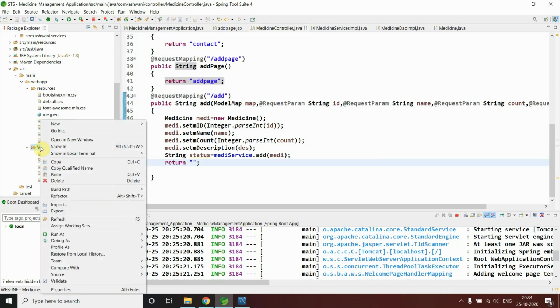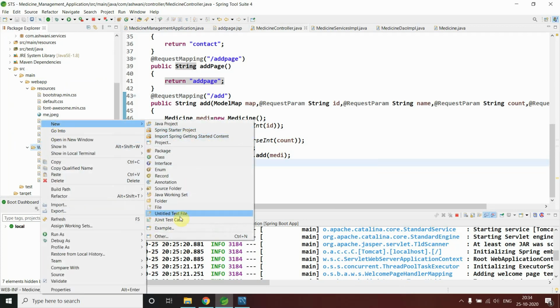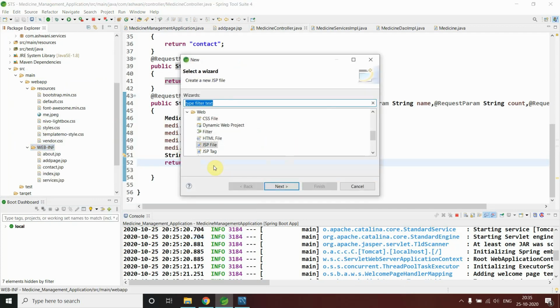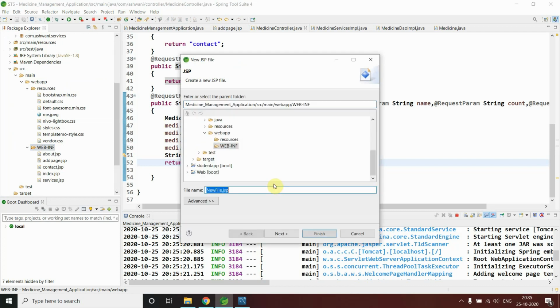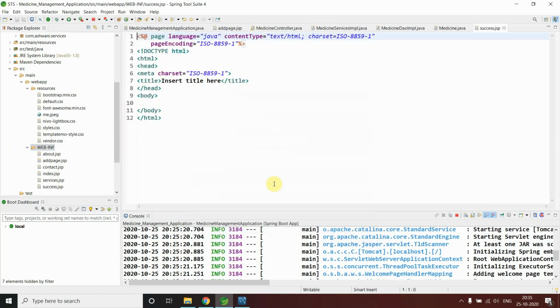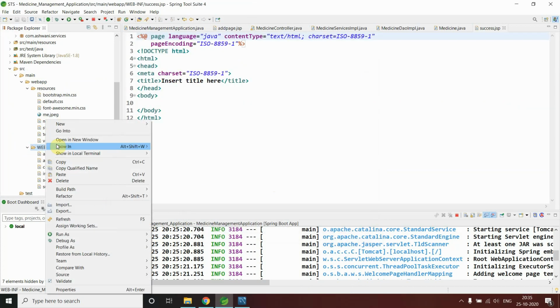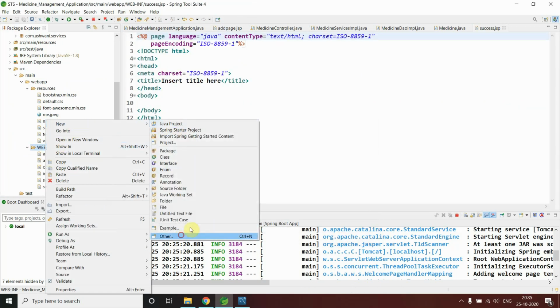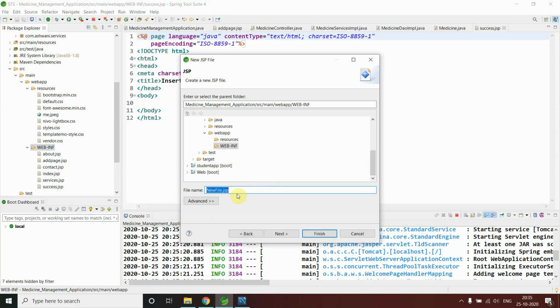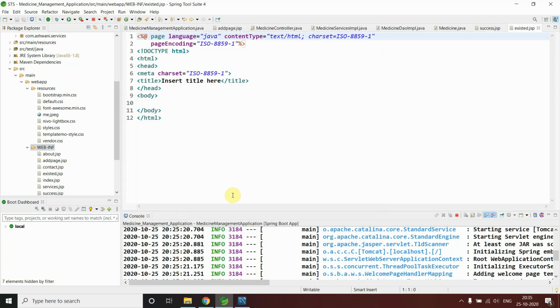So I can say here new, others, and JSP file, success.jsp, got it. And same for existed, others, next, and you can say existed.jsp. So this is my success.